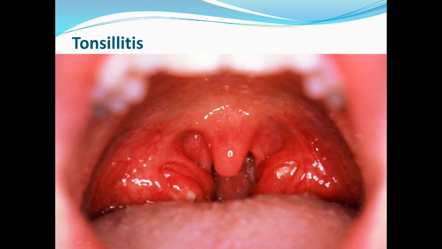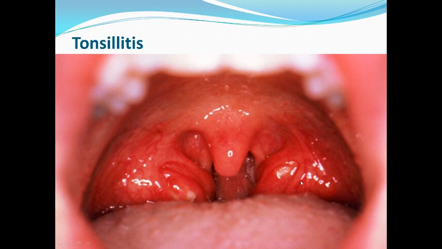And this tonsillitis sometimes also causes referred pain in the ear, because the glossopharyngeal nerve, as we have already discussed previously, supplies both the areas, the ear as well as the pharynx or the tonsils or the fauces. So due to the common nerve supply, sometimes the pain due to tonsillitis will be referred to the ears. And tonsillitis is nothing but the inflammation of the tonsils due to some infections.